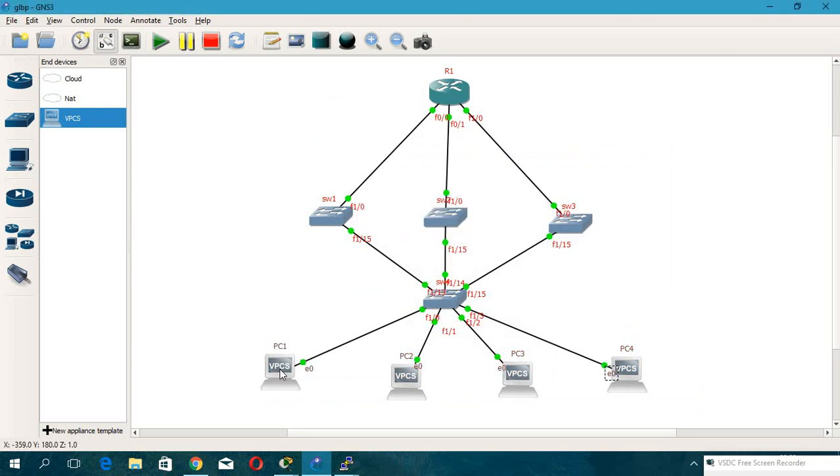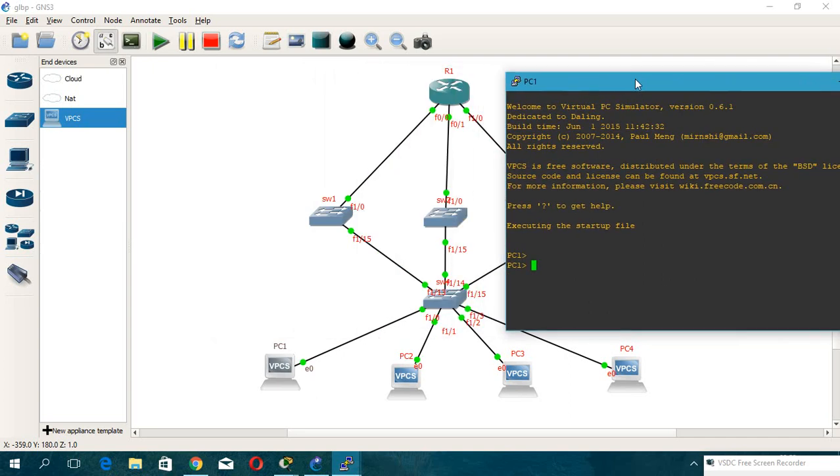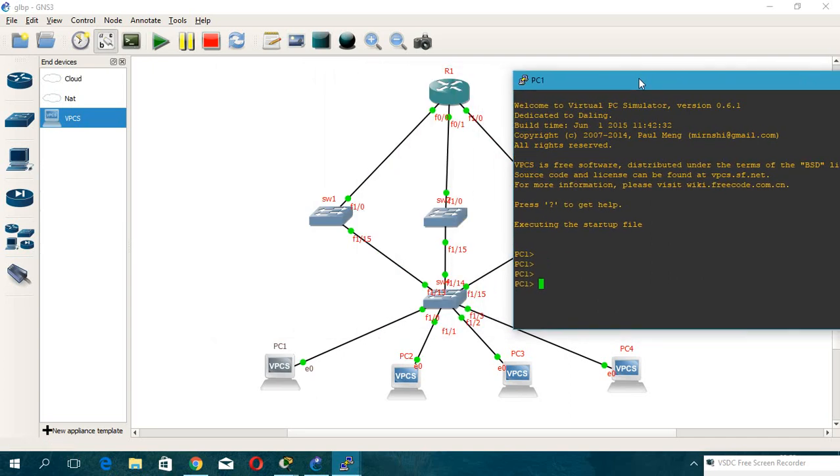We also need to start the virtual PC, and for PC1 IP